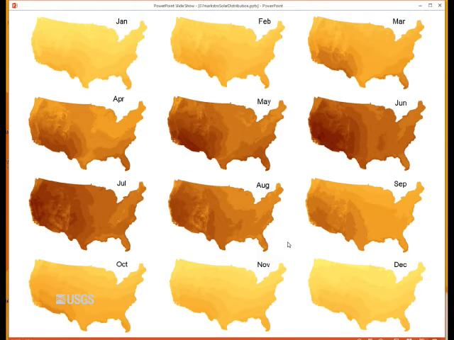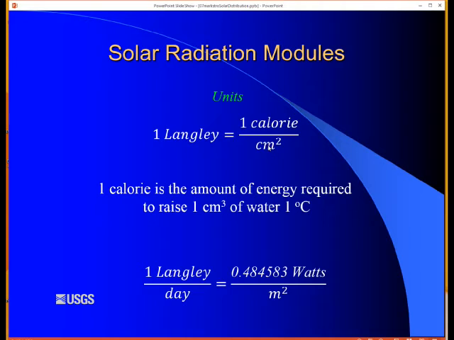One thing we do, and I included this, is we get these maps of solar radiation. These are expected actual solar radiation from NREL, the National Renewable Energy Laboratory. So if you're putting solar panels on your house or something, this would be the information that they provide to you, but we use it to calibrate our model. And in this case, you can see how solar radiation is varying spatially and by month, and these are good calibration data sets.